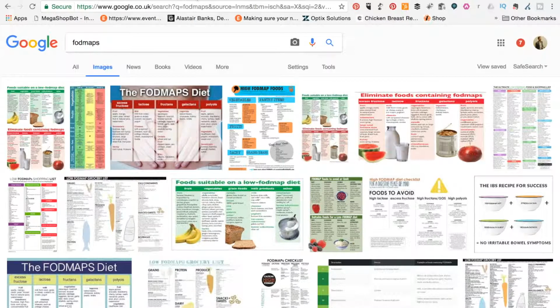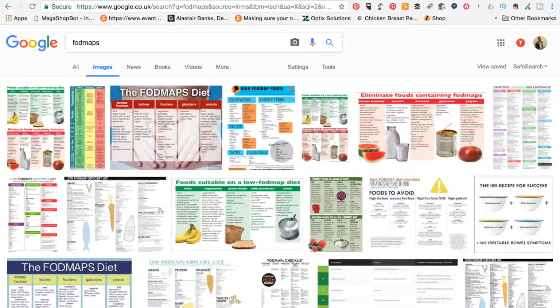Now this is a really important part for me, guys. This is probably the most important part for me anyway of the learning process when it came to FODMAP. So this was all about, how do I learn what I can and can't eat? And we've talked about things like the app being important for this, but also the fridge as well,